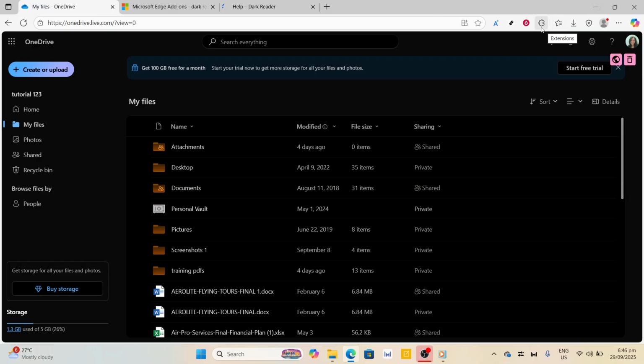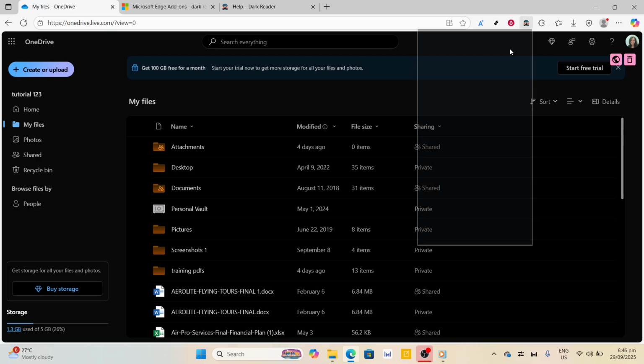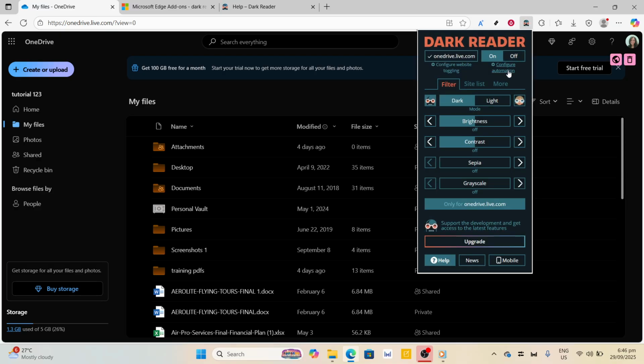Click on the icon and a small menu should appear, which is your control panel for enabling dark mode on any site. To activate the dark theme for OneDrive, simply toggle the switch to the on position. Instantly, you'll notice the OneDrive interface switch to dark tones and shades. Using dark mode can be a fantastic way to reduce eye strain, particularly if you're working on your computer late